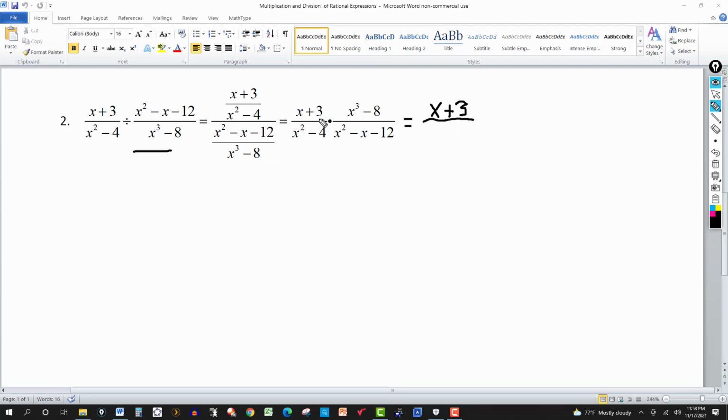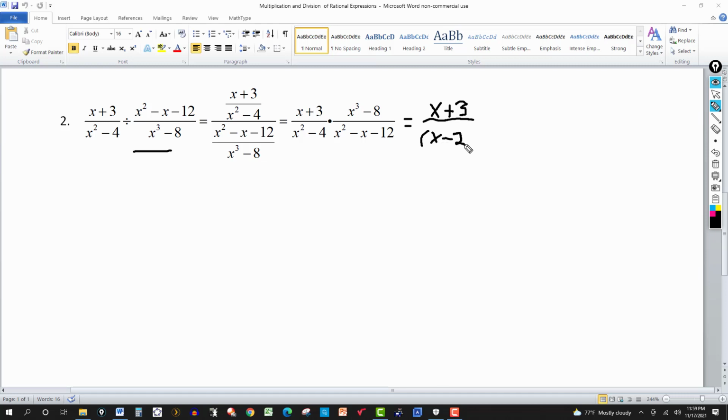One factor of x plus 3. In the denominator I have x squared minus 4. Difference of two squares. We did something like that in the first video on rational expressions. If you have the difference of squares, no common factor here, so we don't have to worry about that. It factors into the difference and the sum of the square roots. So x squared minus 4 factors into x minus 2